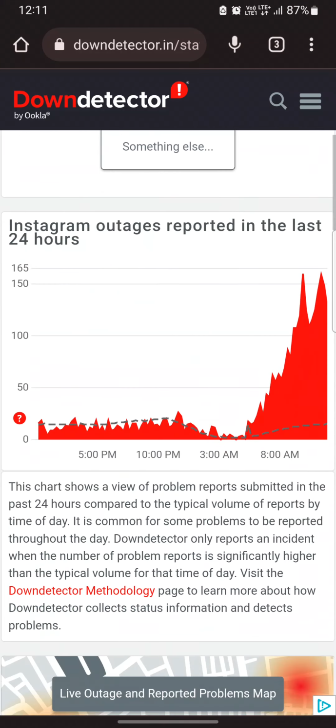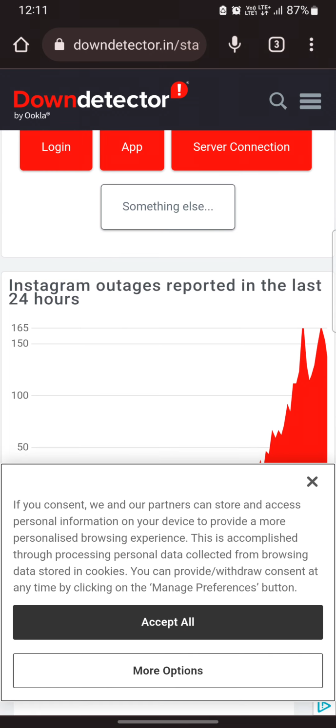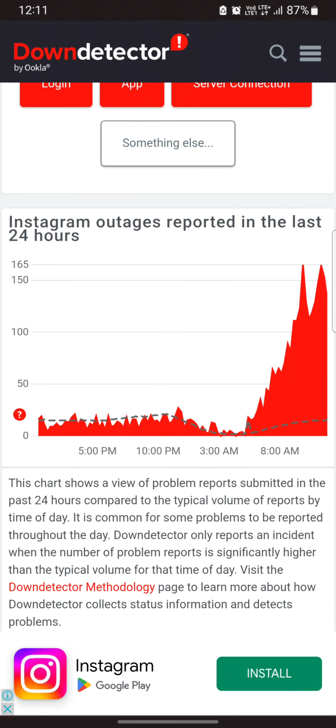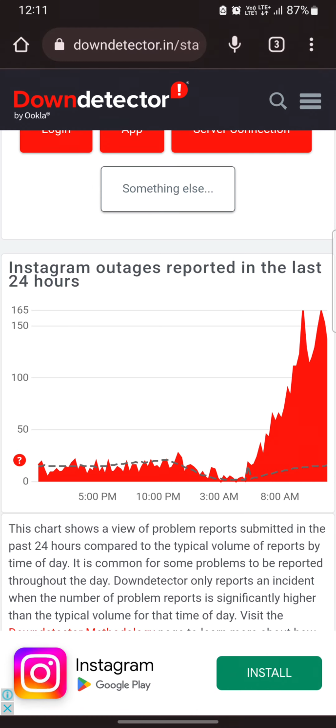When you open this, you can see there is a big red spike. This is because a lot of users are facing this issue, and they are reporting it on this website. That's why there is a big red spike. So this means currently there is some server outage, or there is some bug going on on the Instagram side.